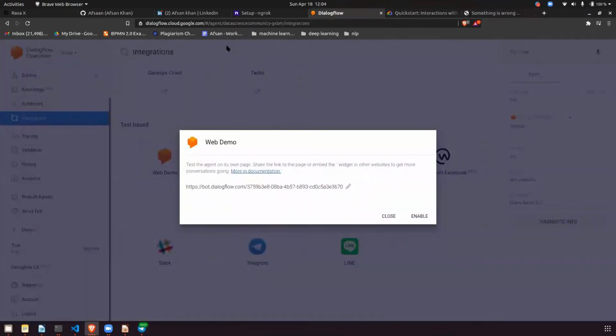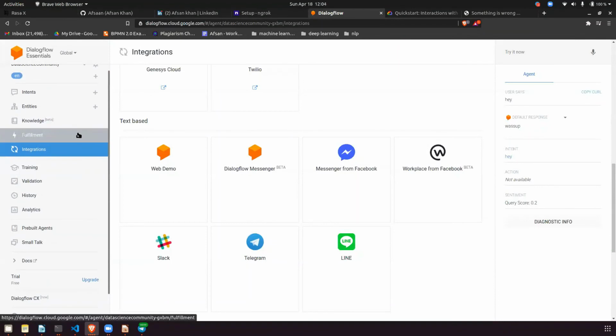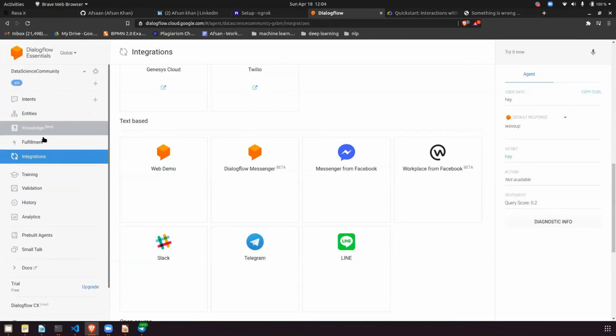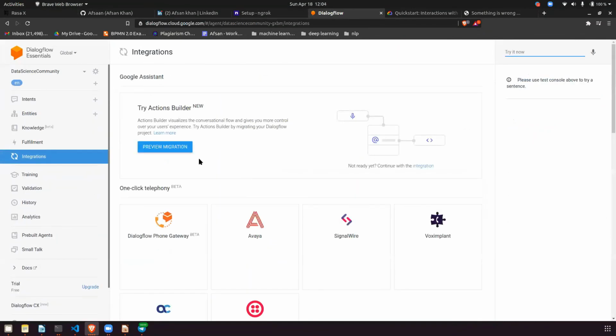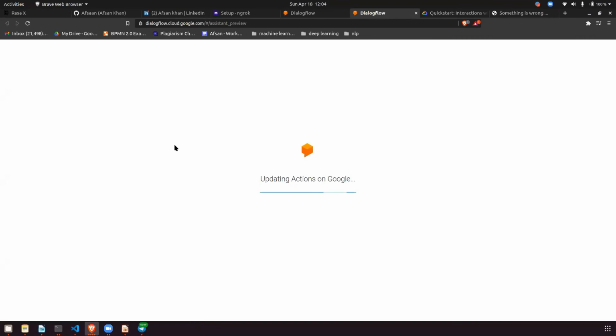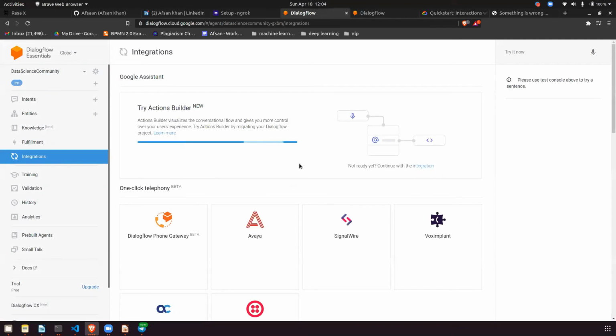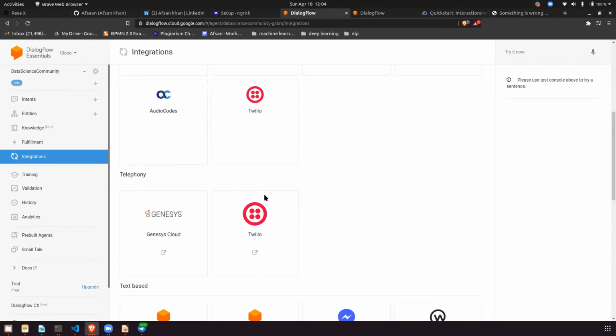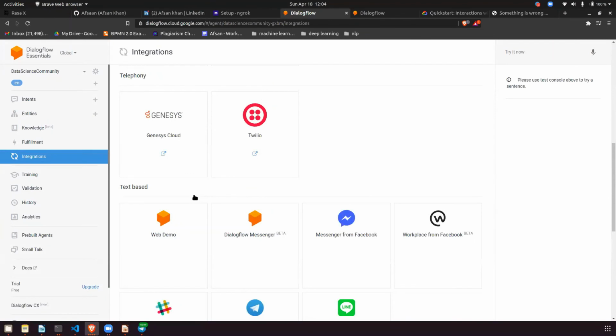It should give something, I'm missing something. Intent, fulfillment, integration, review integration.